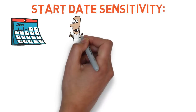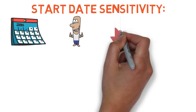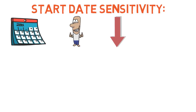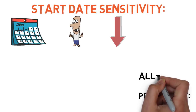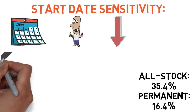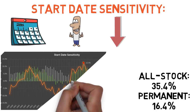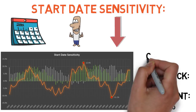And ideally, we want to keep our total start date sensitivity, measured here by the difference between the largest underperformance and the largest overperformance, as low as humanly possible. The permanent portfolio handled this very, very well, with a total start date sensitivity of 16.4%. The all-stock strategy, as you would expect, was less dependable. Its total start date sensitivity came in at around 35.4%. Once again, the classic 60-40 strategy splits the difference between the two reasonably well, with a total start date sensitivity